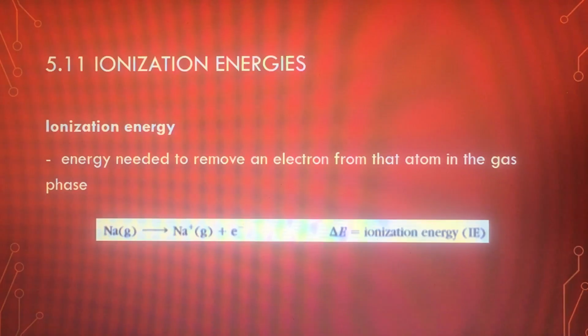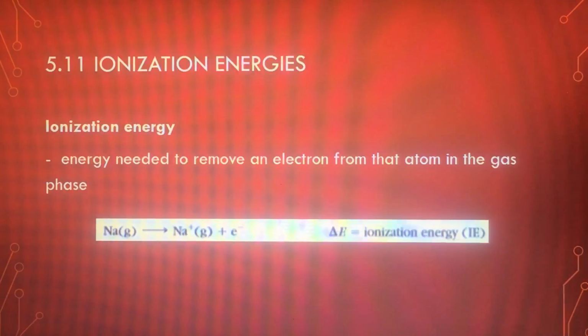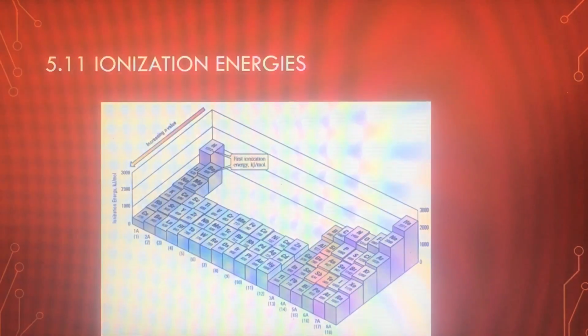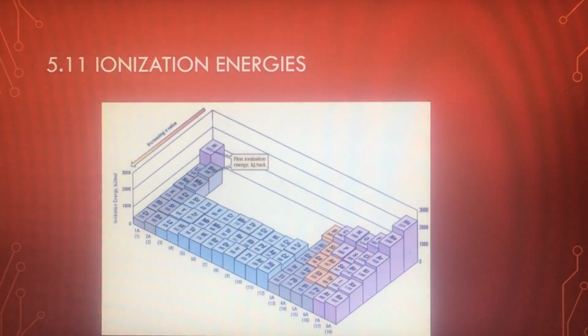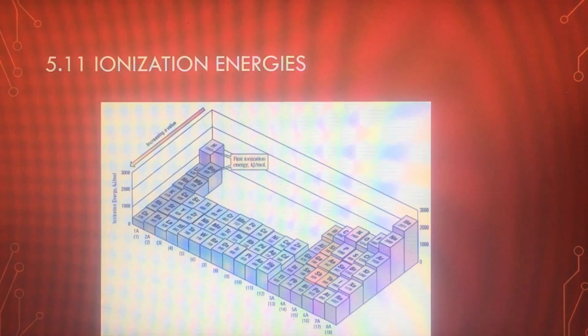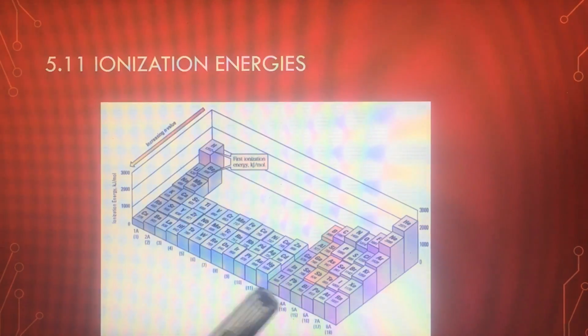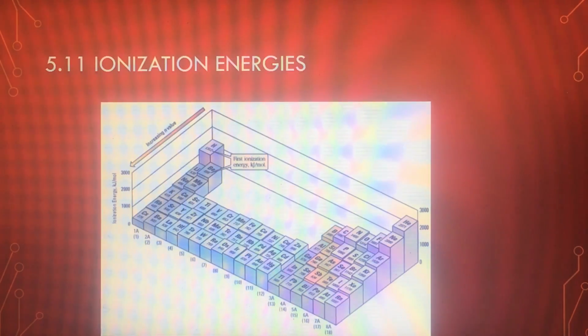So these ionization energies are all positive in sign, since we need to input energy to remove the electron, because that electron is attracted to the nucleus. Okay, so let's have the trend. These are the first ionization energies. When we say first ionization energy, this is the energy required to remove the first valence electron